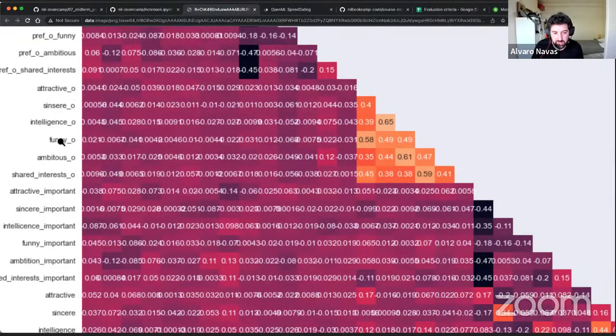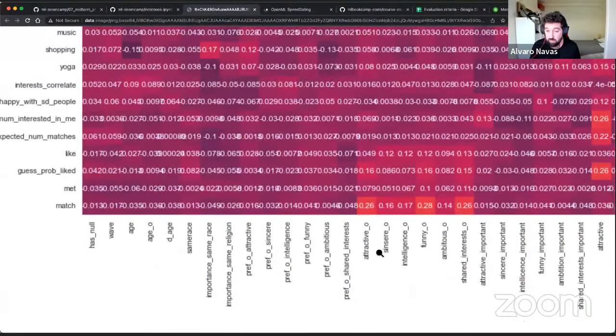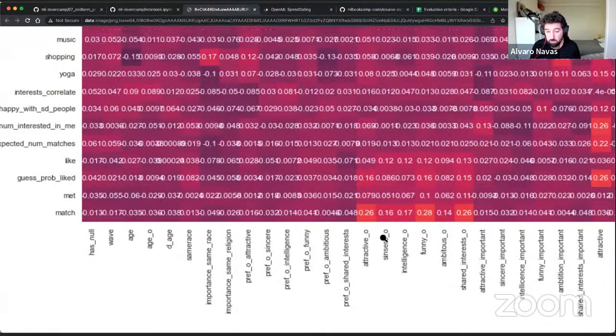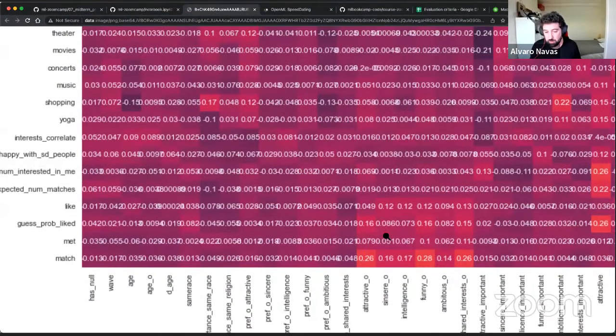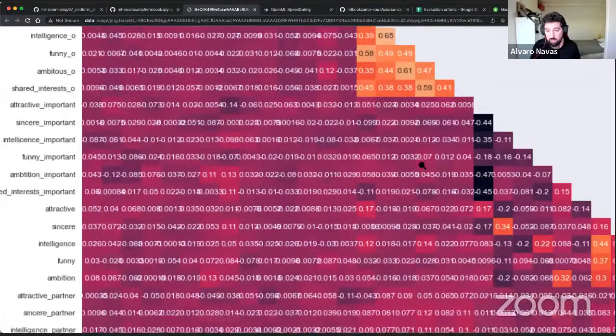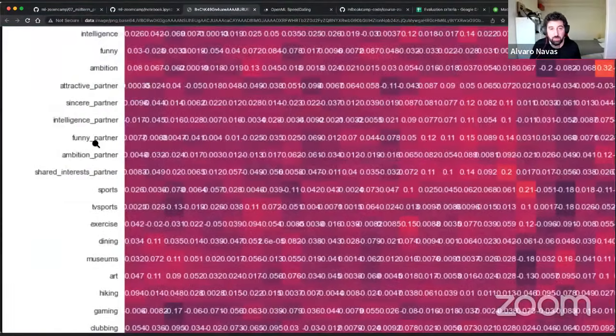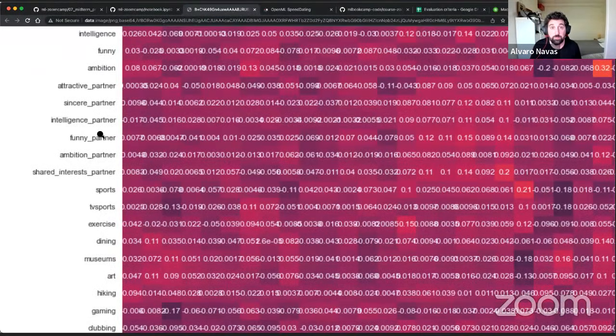Being sincere, being intelligent, being funny. These are the ratings that your partner gives to you, which are correlated with the same attributes that the partner gives to you. That would make sense, right? If you find someone funny, you are more likely to find them intelligent, and if you look up the values, then that matches. The same goes for this particular cluster, which belongs to what the